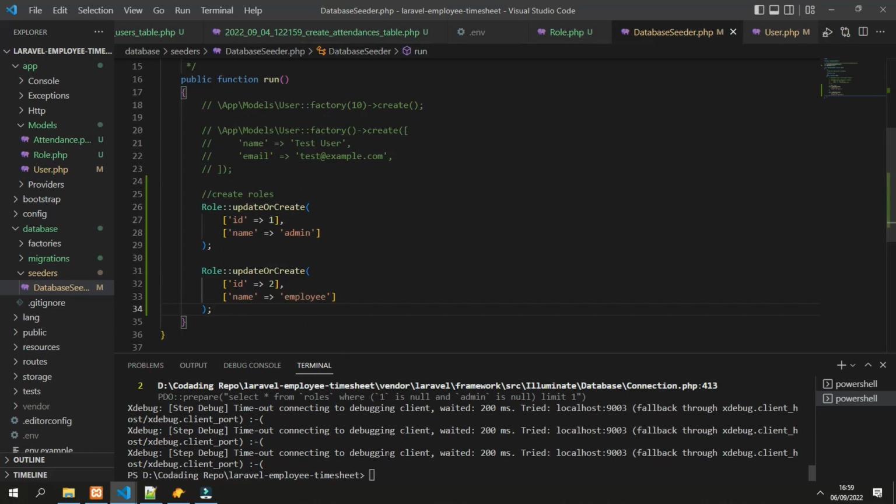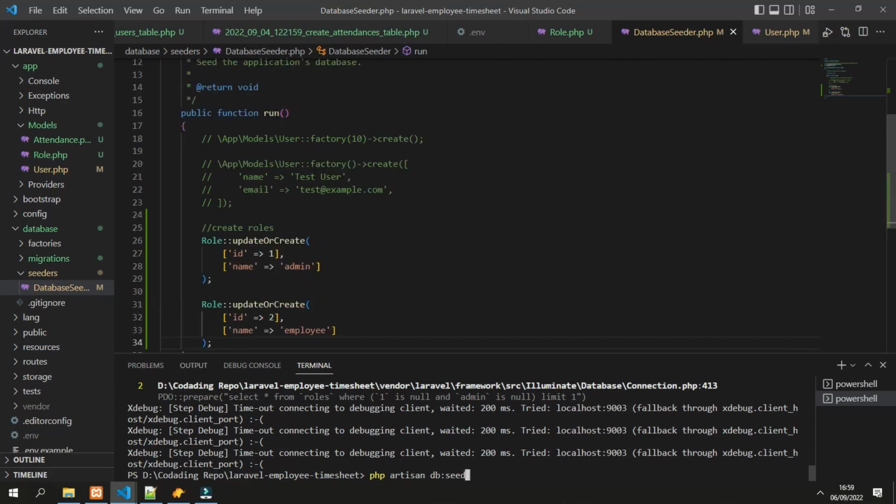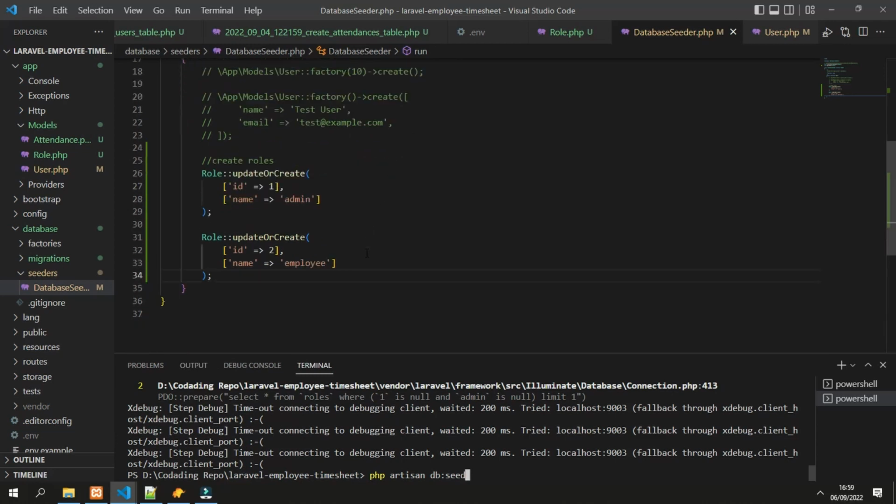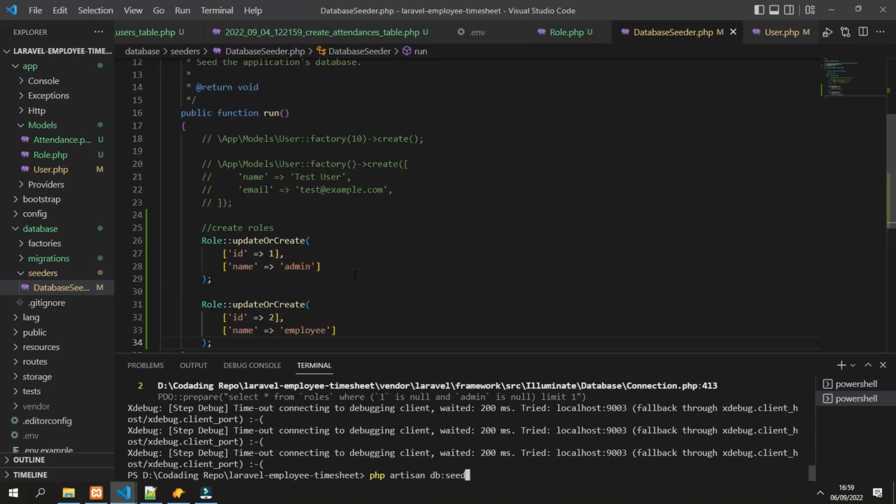To run this command we will type php artisan db:seed. This command will run the run method, and because in here we have the update or create method, after this command it will create 2 roles for us.